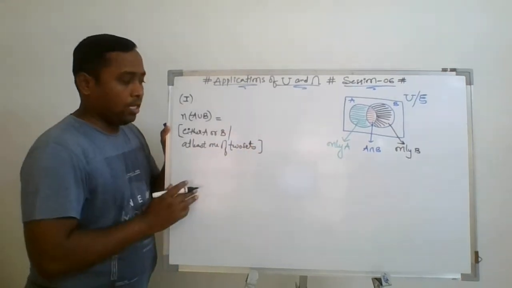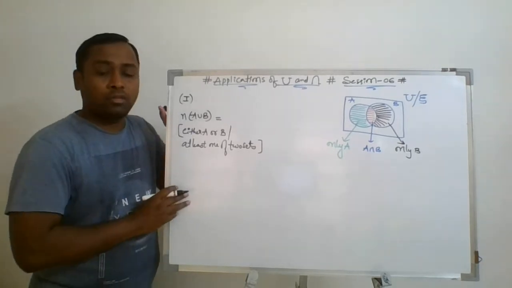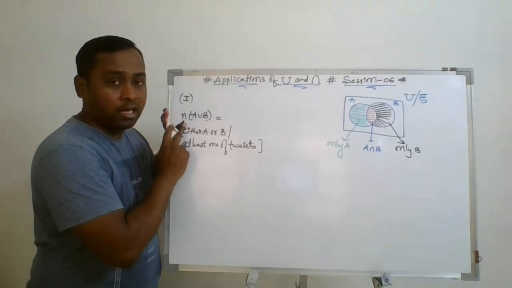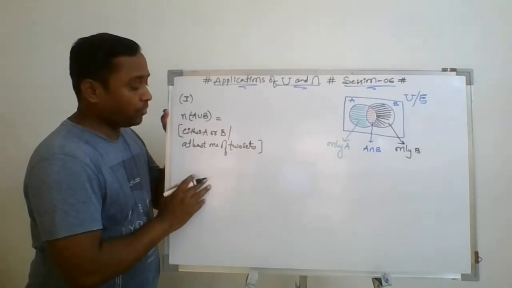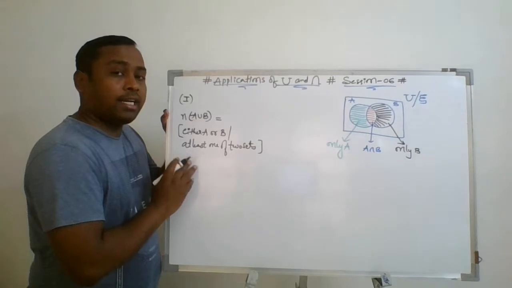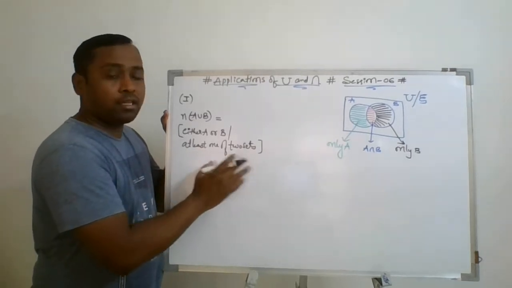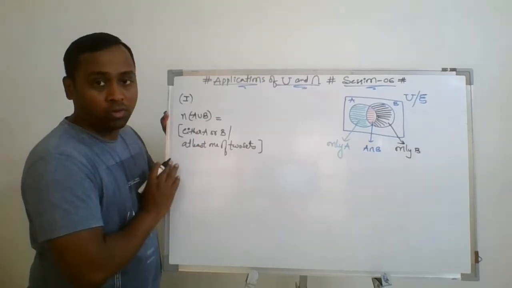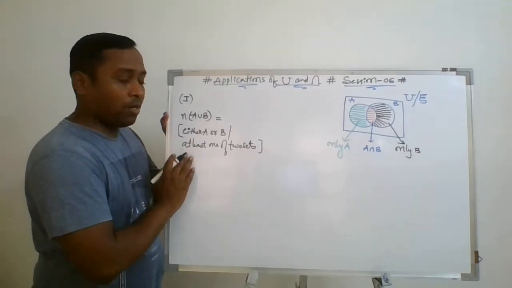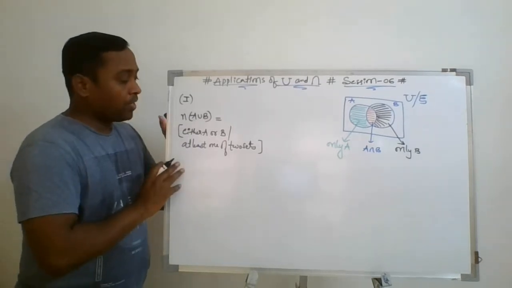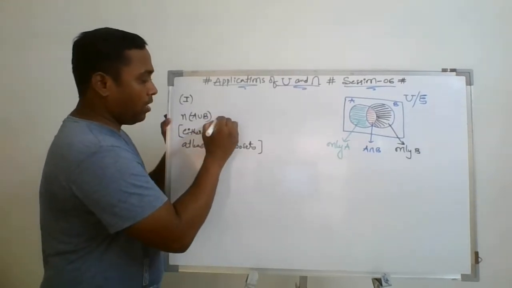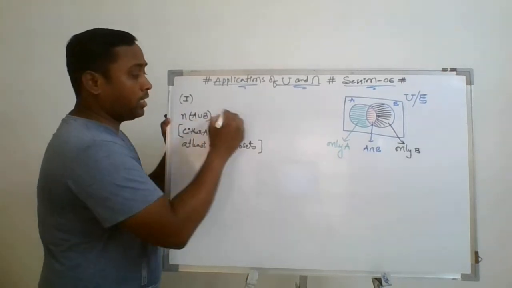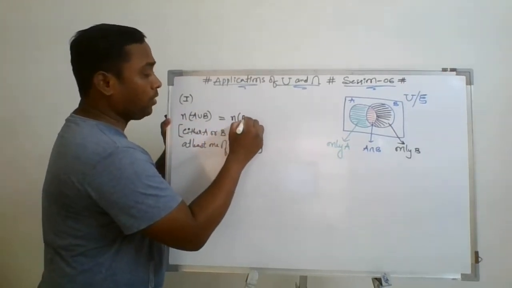See, there is different terminology used to say A union B: either the elements are in A or in B or in both. The other way to speak it is at least one of the two sets, कम से कम एक या एक से ज्यादा, that is, the element can be in one or can be in both. There is different terminology to speak A union B. Now this A union B counting, we are talking about only counting, is calculated by the formula